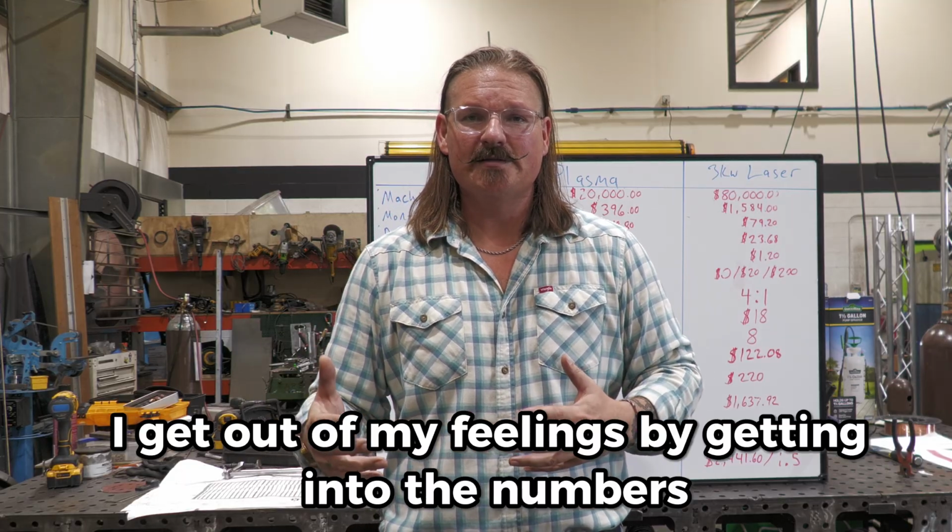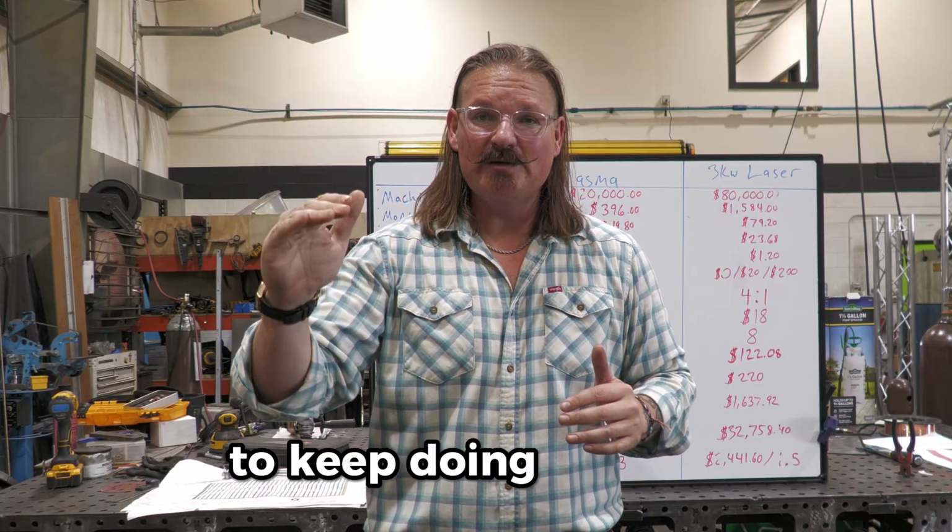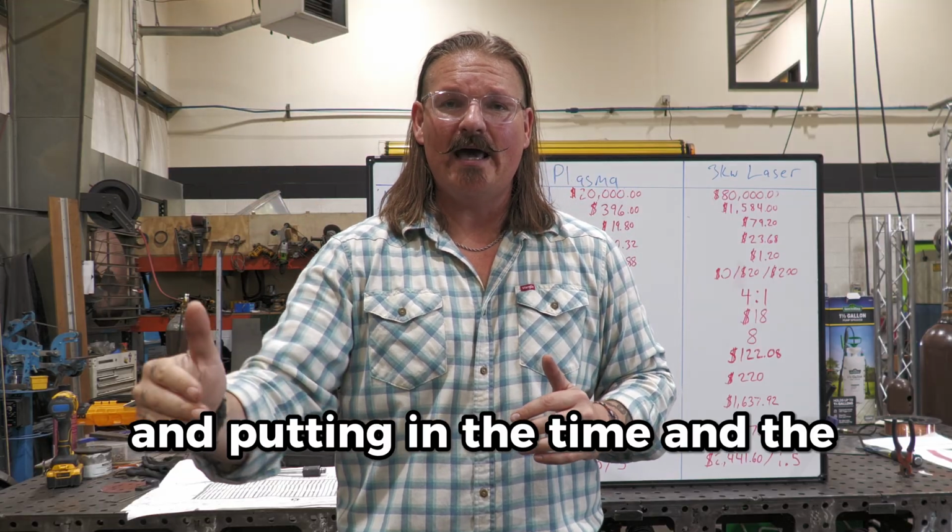where I get super depressed and anxious and I think it's never gonna work out and I'm not gonna make it. But every time I get that way, I get out of my feelings by getting into the numbers. And whenever I do the math and the numbers work out, it helps me visualize the future long enough to keep the faith, to keep doing the work and putting in the time and the hours